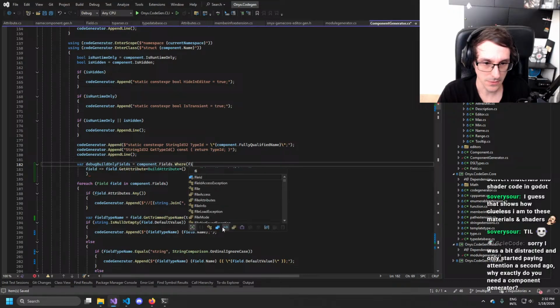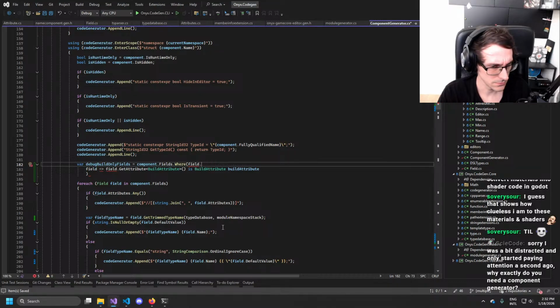Where field dot build or field dot build type.